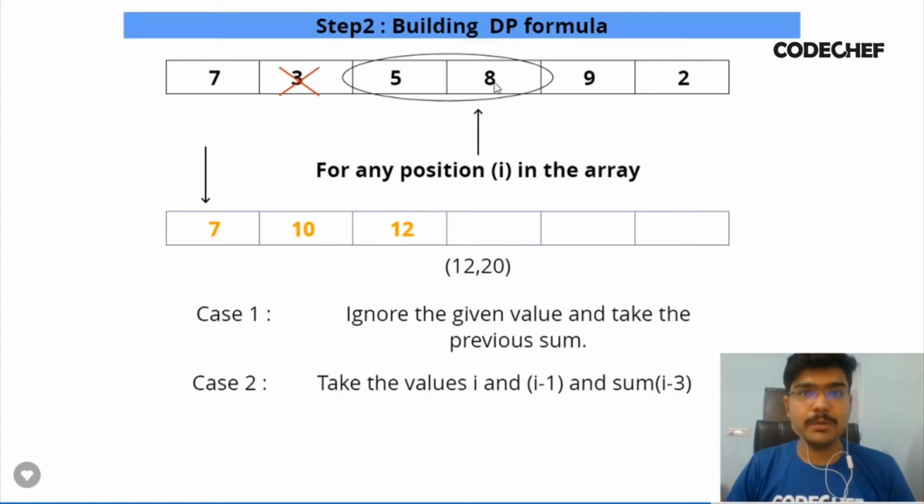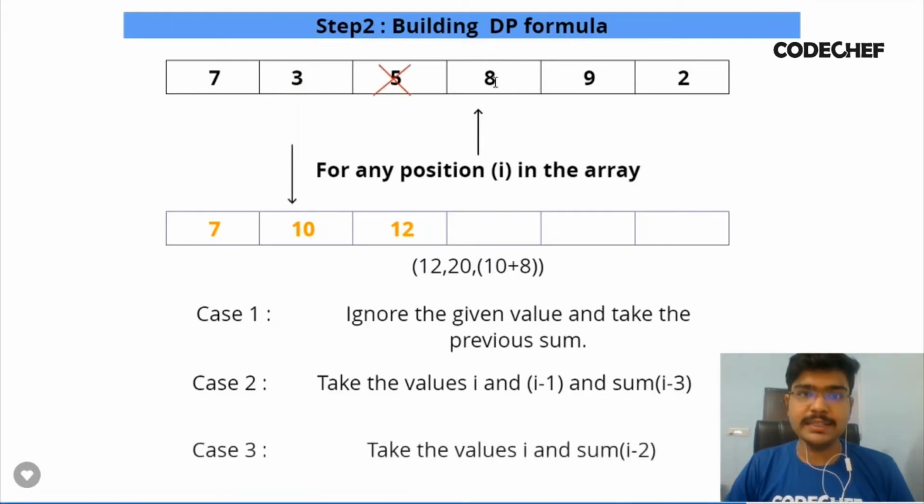So that can be one possible condition. And the third important point is that if we are not considering this element, then we can sum this element with the optimal answer that is stored at position I minus 2. Why? Because the optimal answer stored at position I minus 2 stores the optimal result till this,